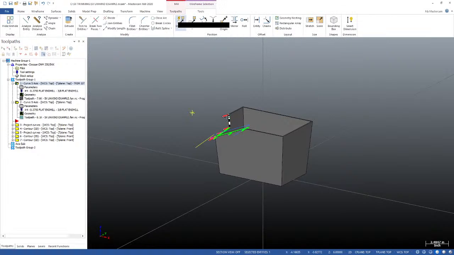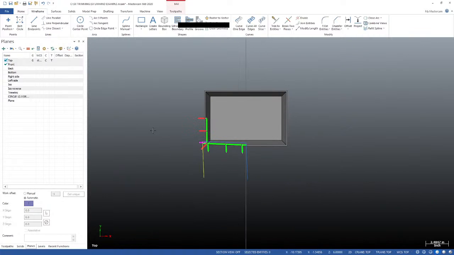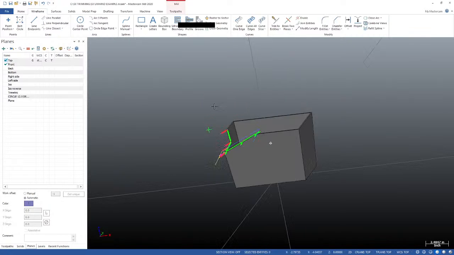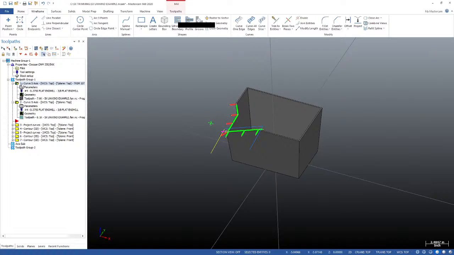Oh, you know what? Sorry, everybody. I'm in the front plane. So I'm going to go planes, up top. Let's go 8 inches, and let's create a point right there. That's better. So now what I'm going to do in my first curve 5-axis toolpath here,